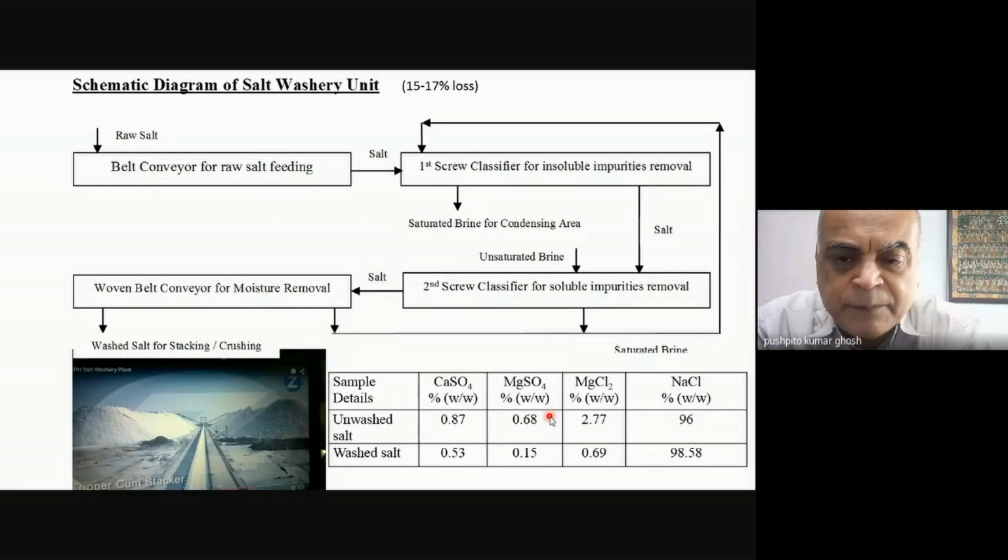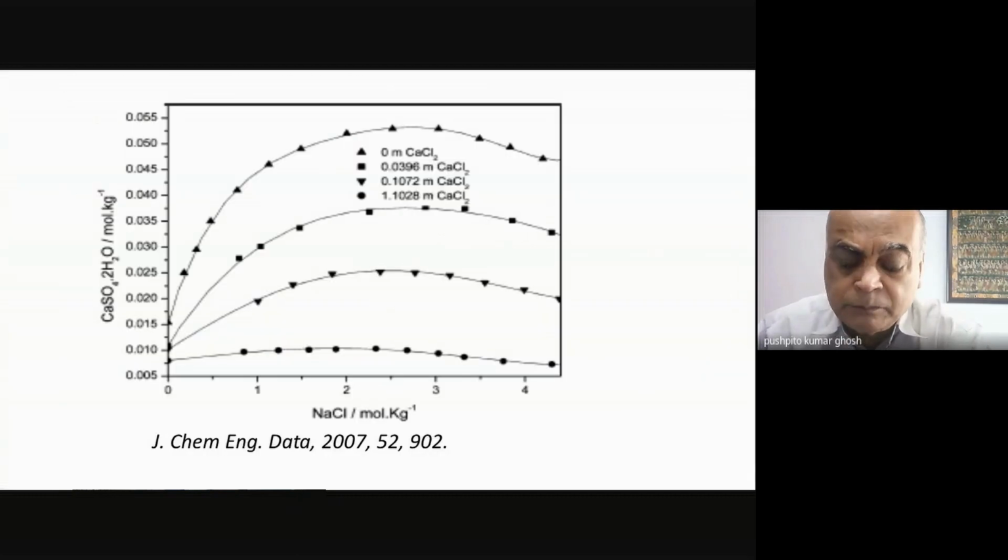Typically, the salt that you get in the field, even if you do it very carefully, will have something like maybe in the best of circumstances around 96% purity. Because these other constituents are building up, they are highly soluble in water, so they don't come out. So there will be adhering compounds like magnesium sulfate, magnesium chloride, which will always be there in the salt. Even gypsum has this